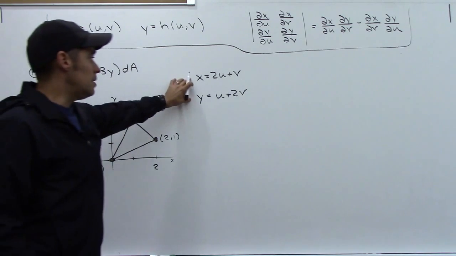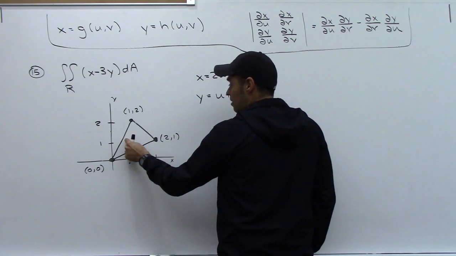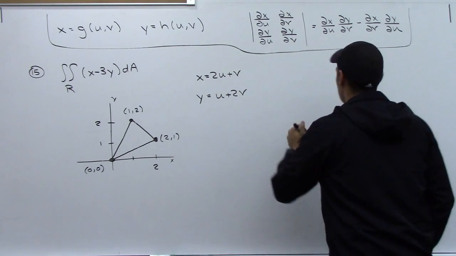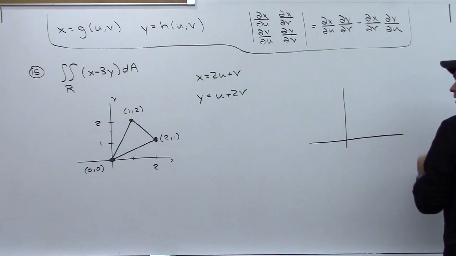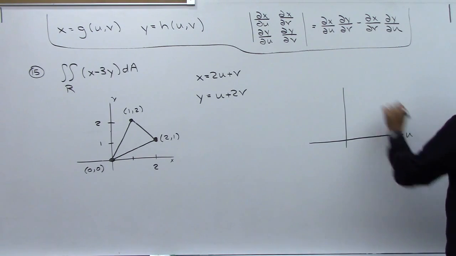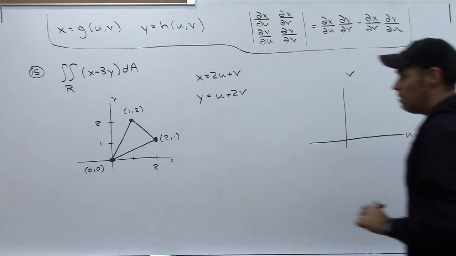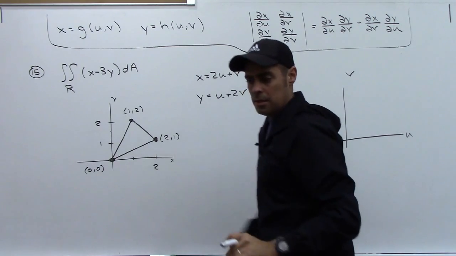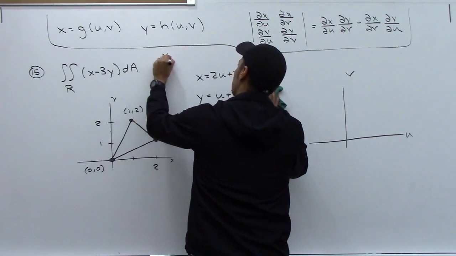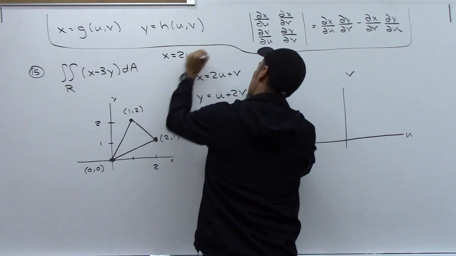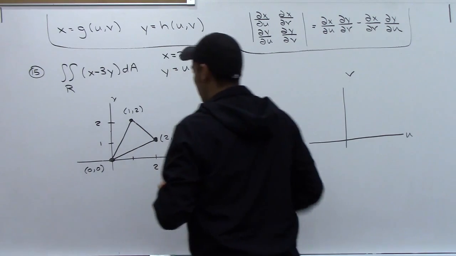But the whole point of change of variables is to try and get a nicer region from an ugly region. So these are given to us, and that's a big deal that they're given to us. So the question is, what does this become in the transformation? So we're trying to convert that region in the xy plane to the uv plane, and hopefully it'll be a nice region. So let's start out with x equals 2u plus v, y equals u plus 2v. All right, give myself some room here. So let me first ask,